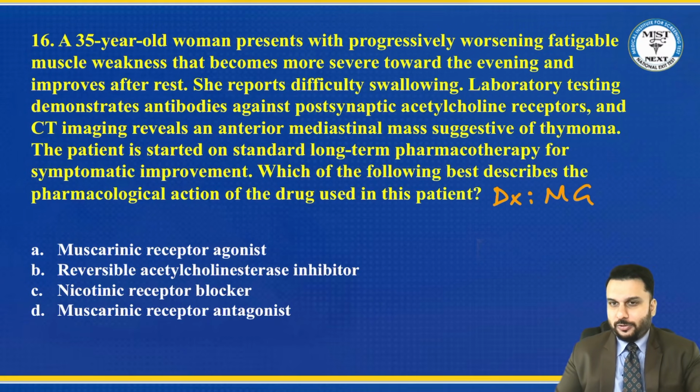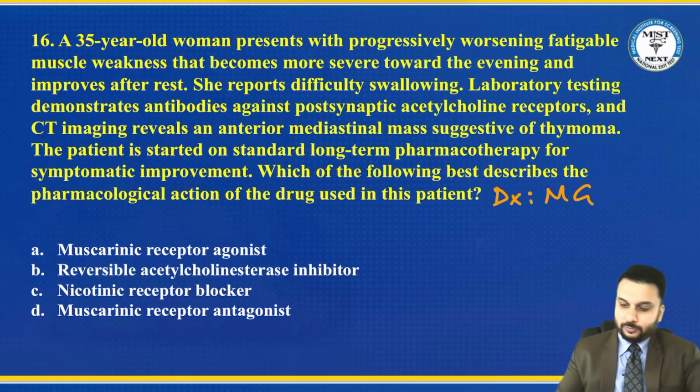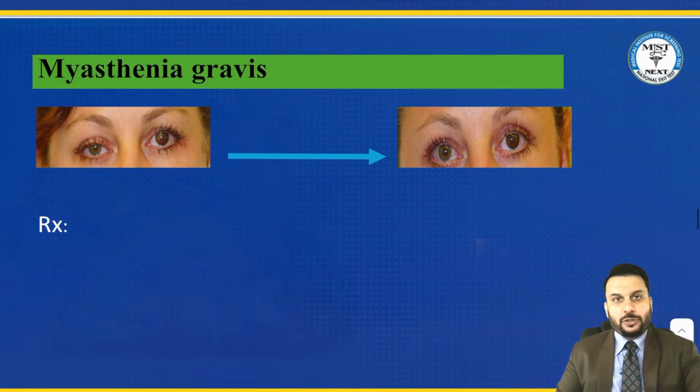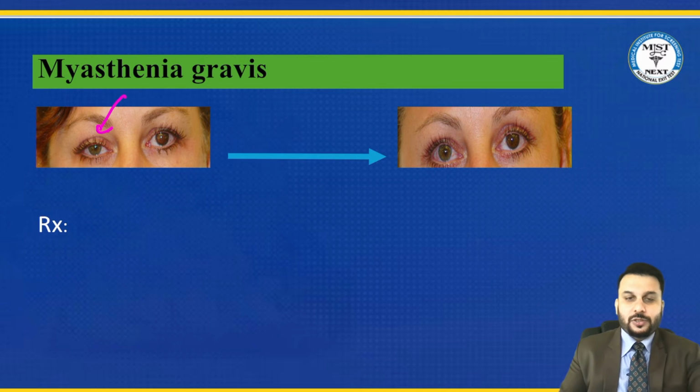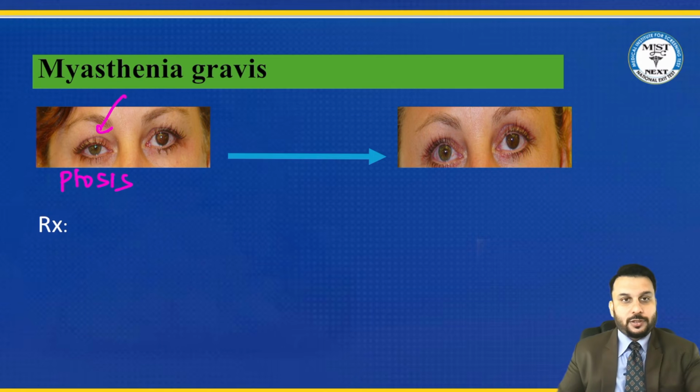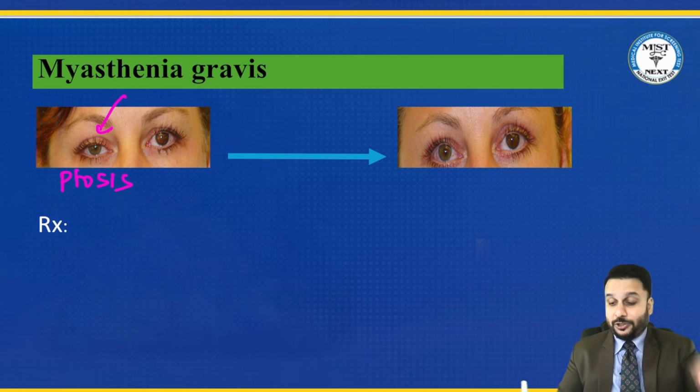First of all, what is the drug that we prefer in this treatment? See, what is the aim of the treatment here? We are increasing the acetylcholine for more muscle contraction. So let's talk about this. Because of muscle relaxation, the patient comes to us like this, which is called ptosis. Drooping eyelid called ptosis. Eyelid is relaxed like this. But when you give a medicine that can contract the muscles, you know that the patient is getting better. The eyelid has opened, meaning the patient got better.